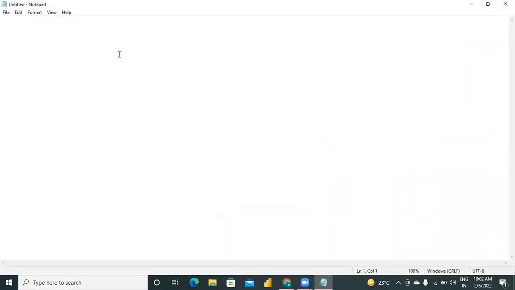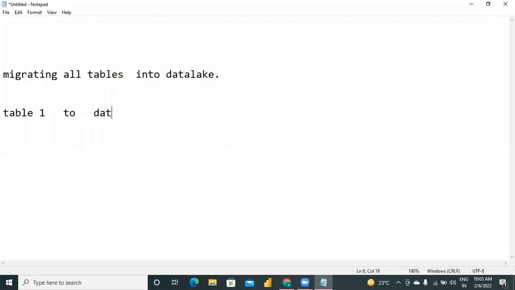Today's agenda of our workshop is migrating all schema tables, you can say all tables, into a data lake. Already you know the process, how to load data from one table to a data lake storage account. But here the problem statement is,